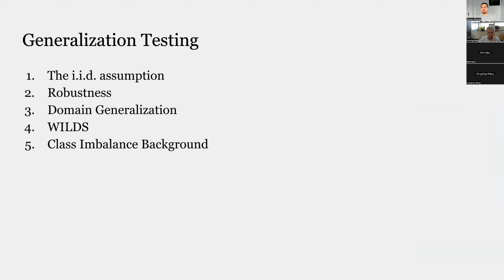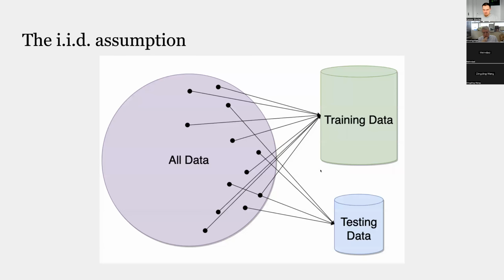But then quickly I became more interested in this idea of generalization testing and robustness, and how data augmentation can be used to show that generalization in deep learning is very poorly understood. So let's come back to the IID assumption, where you say that all the data is going to be sampled from the same distribution. And this idea, I thought it made a ton of sense at first, this idea that you say I have 1 million images, and so you can cover the entire distribution of images that way.